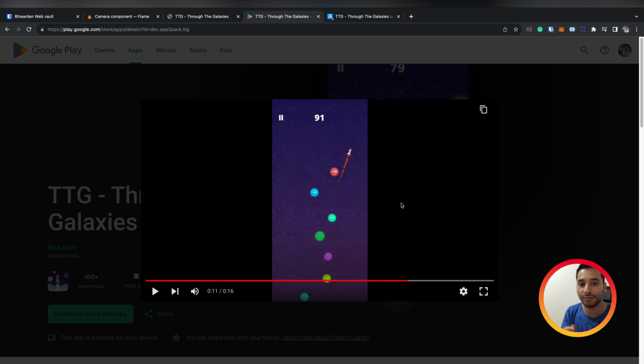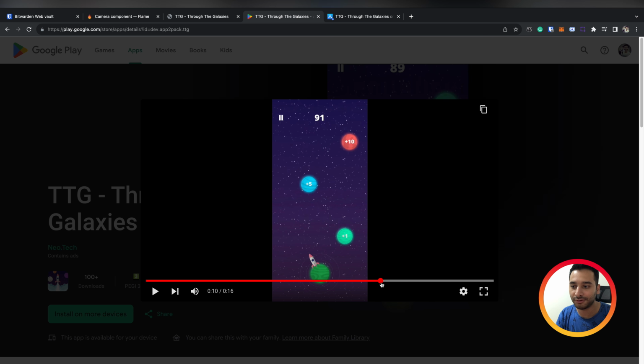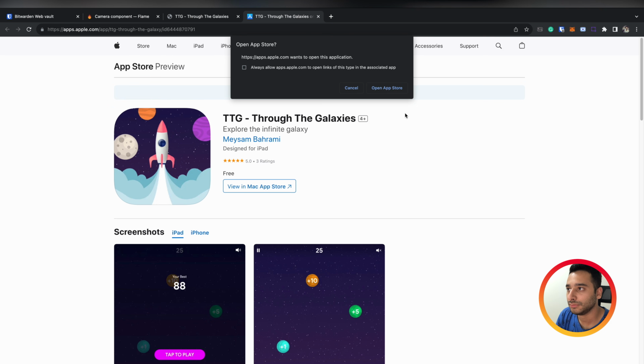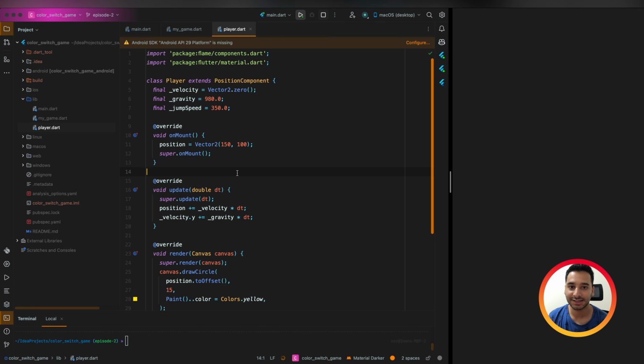For example, by default it shows by zoom 1, and when you decrease it, for example, half or 0.2, it shows from the top area, and you can see a lot of components because the camera is showing from the top. So I just animated the zoom level of the camera to have this beautiful effect, zooming out and fading the game. Okay, so now we have a basic knowledge of world and camera component.